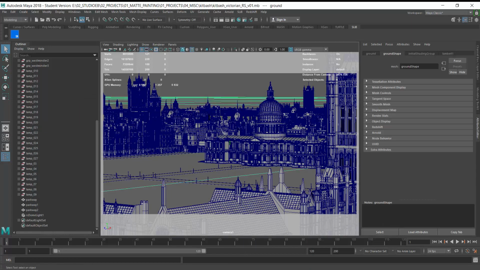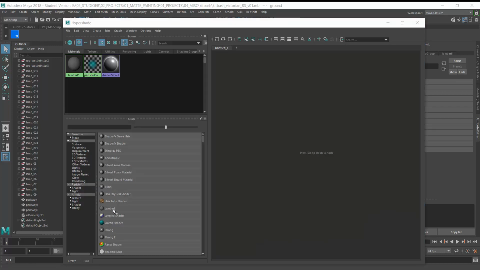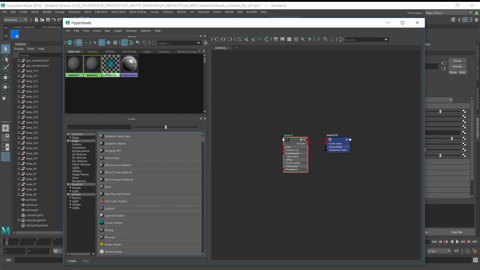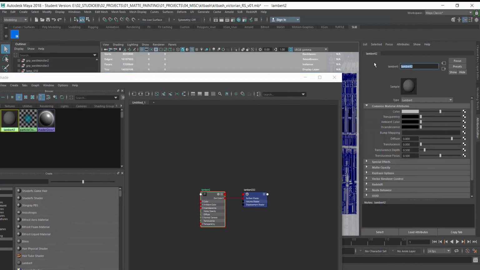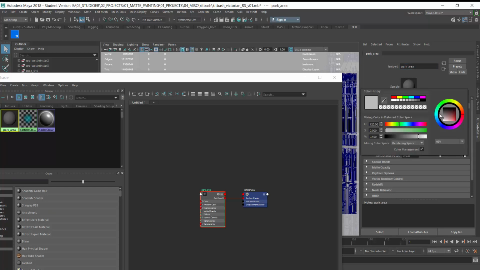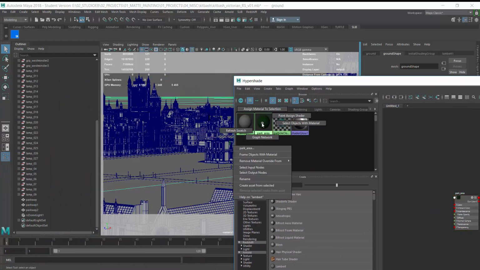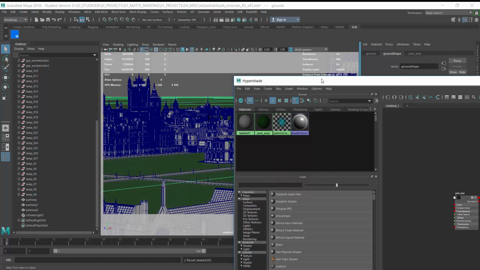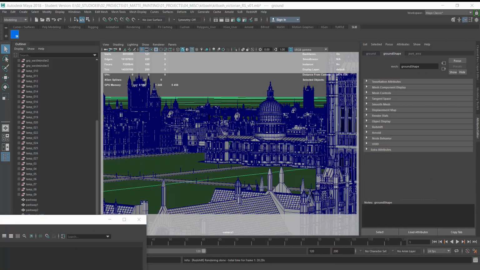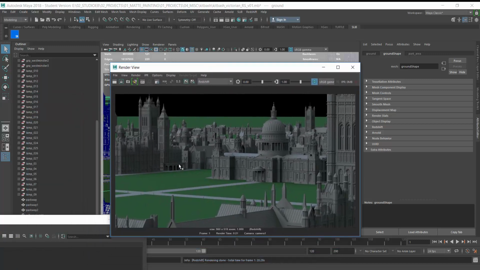change the ground shader. This is just going to be something short term. So let me just make another Lambert, and let me just call this park area. And then I'm just going to give it a green coloring. And then now select the geo, assign it, and now we'll have the green. Do a quick render. And now you can see it extends out here as well, but the main area I want is